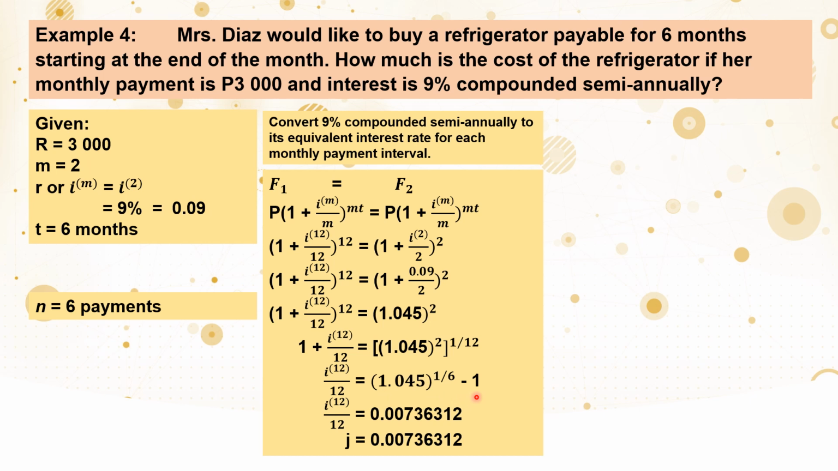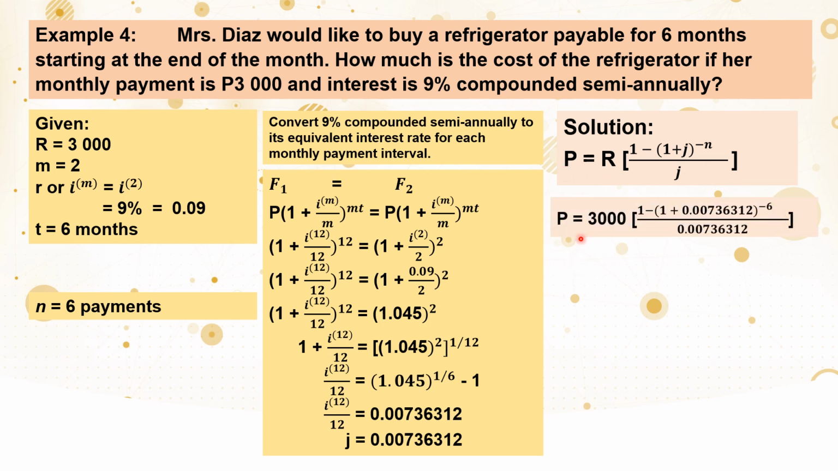Now, simplifying this using your calculator, we will get 0.00736312. So, I raised to 12 over 12 is now our J. So, J now is equal to 0.00736312. So, since meron na tayong value ng J, ng N, at ng R, we can now find the present value using this formula. So, present value is equal to, our R is 3,000 times the quantity 1 minus the